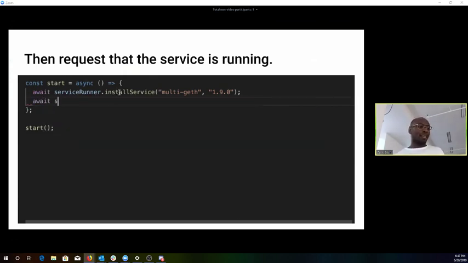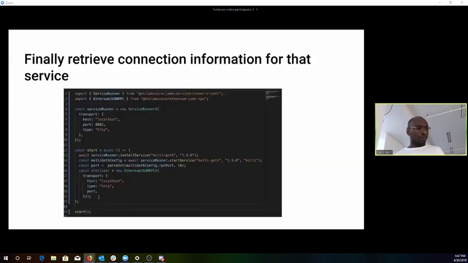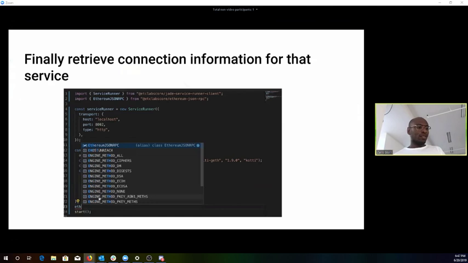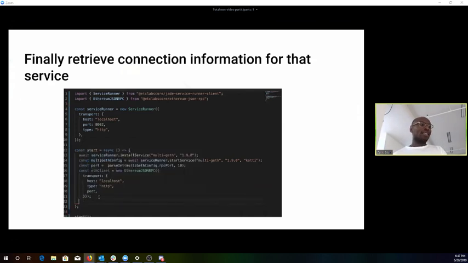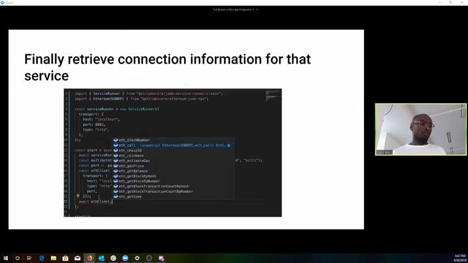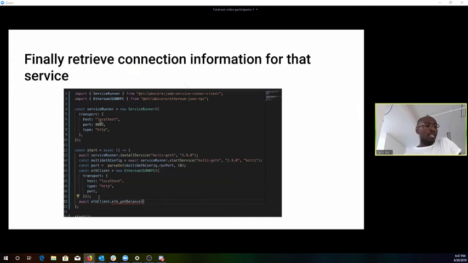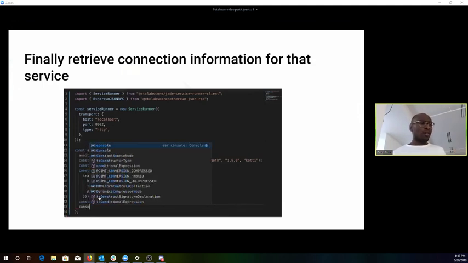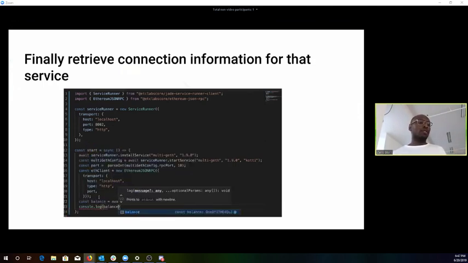The thing we get back is a configuration. So finally, we're at the end of this loop, and we have the connection information because we've requested the access from the user, and now we want to do something. What we've done here is pull in the Jade Service Runner client, but we've also pulled in an Ethereum client. This could also be Web3.js, but we believe in open APIs and great documentation and tools and things like that. So what we've actually done is use the Ethereum JSON RPC spec, which there's currently an EIP out,